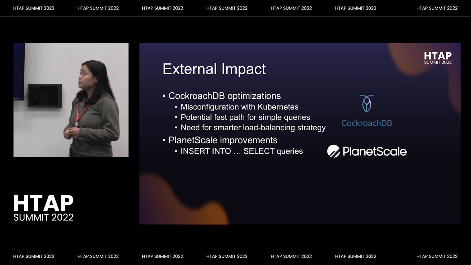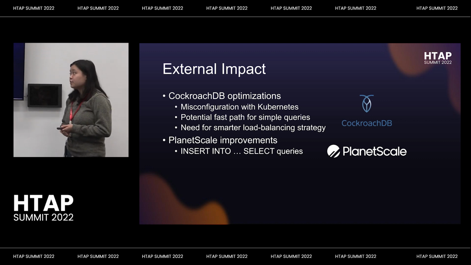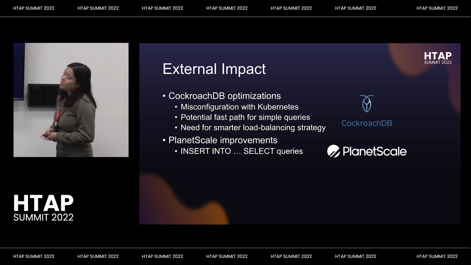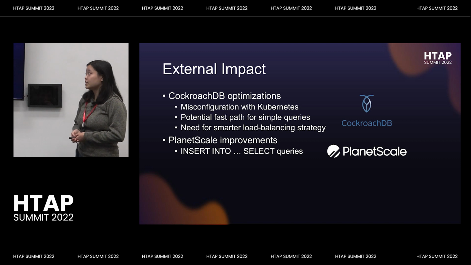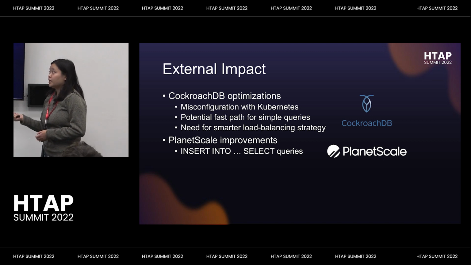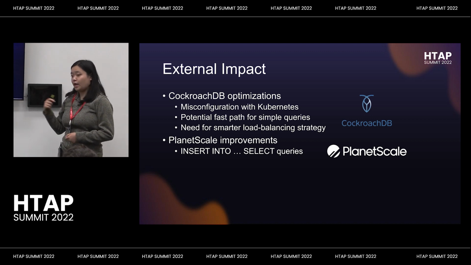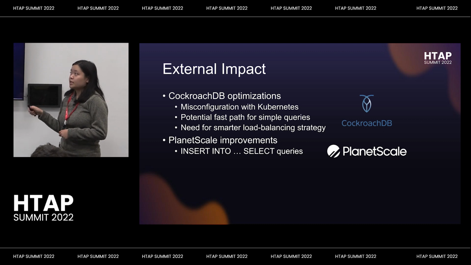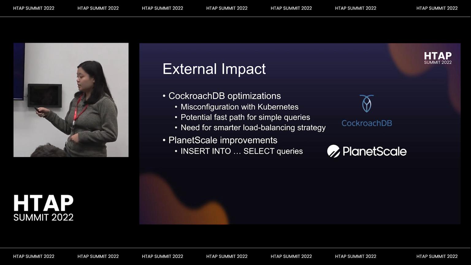Cool. So now I'll talk about some of the impact we've had in working with these companies and running TAOBench on their systems. So in CockroachDB, we actually helped them identify they had something misconfigured on Kubernetes, because when we ran on their cloud machines, our performance ended up being like 30% lower than when they ran them on their bare metal machines.